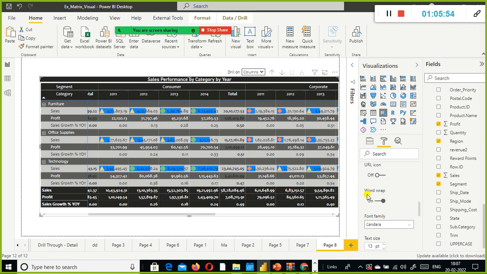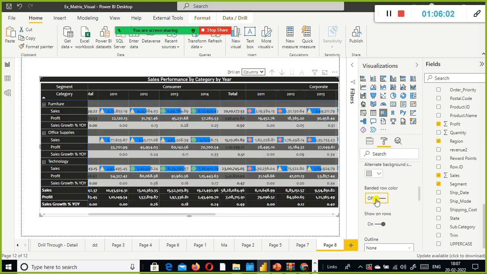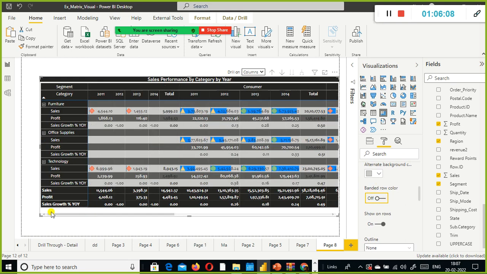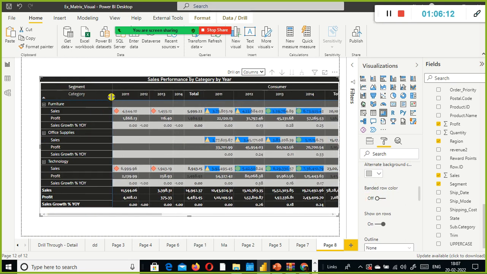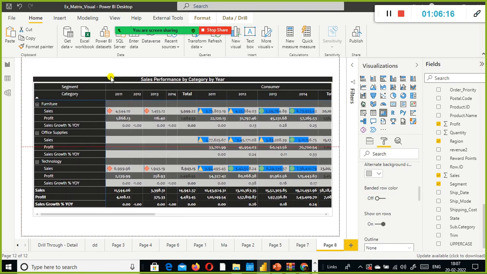In the values, there is banded row color. Look here, when I disable this one, you can see it very clearly. So in furniture, sales and profit you can see very clearly.